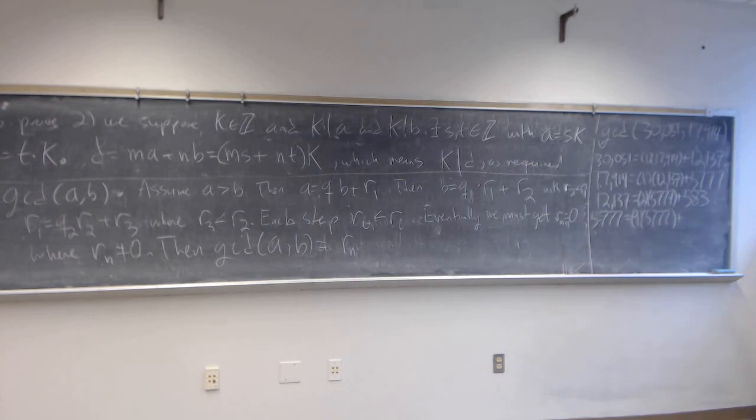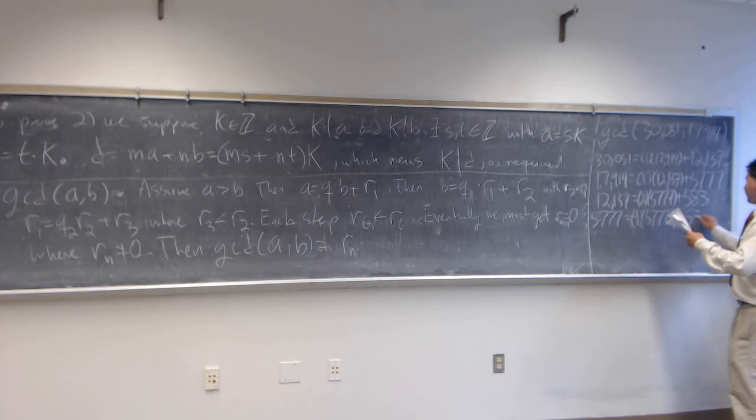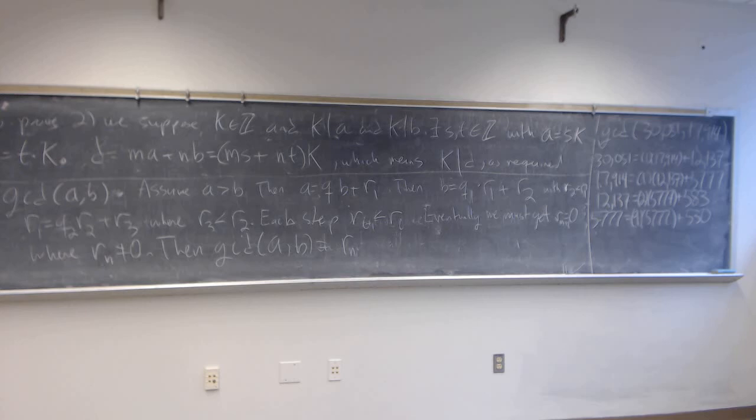And again, the remainder on that would be 530. Then we'll go back and divide 530 into,